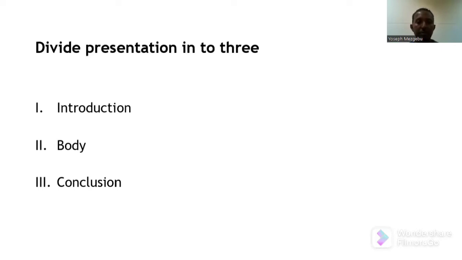So you need to divide your presentation into three sections as you do to your writing materials. The first part consists of introduction and the second one body and finally you will have a